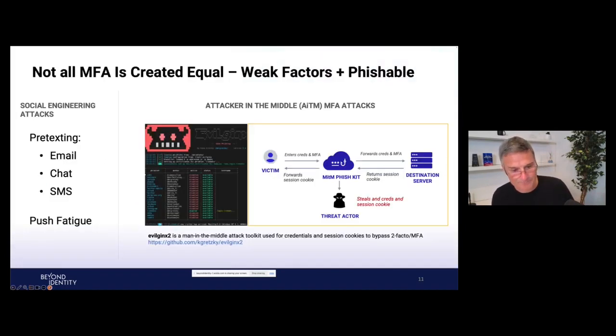All right. So let's look at a couple of categories. When we say not all MFA is created equal, it's because they're using a technology or an architecture that is open to various different kinds of attacks. So on the left side here, we've got a set of social engineering attacks using different kinds of pretext, some ruse to get somebody to click on a link, whether that comes through email, chat, or SMS, or using what's becoming known as prompt bombing, sending lots of different requests to an end user, having those end users get push